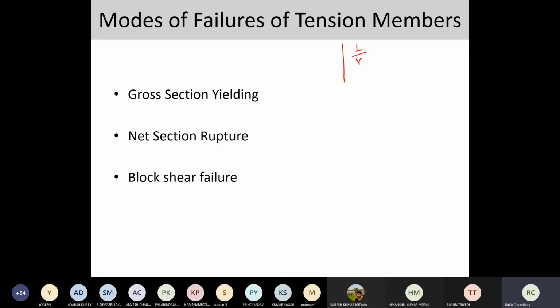That means we are going towards the serviceability limit state, right? Is it not? Deflection is one of the criteria, and undesirable vibration is also one of the criteria. So this L/R ratio typically ensures that undesirable lateral movement or lateral deformation and excessive deformations are prevented. So in the IS code, IS 800, there is a particular tabular format where the maximum slenderness ratio is provided for the tension member, for the compression member, or the member which is subjected to compressive force. And there is a particular limit.